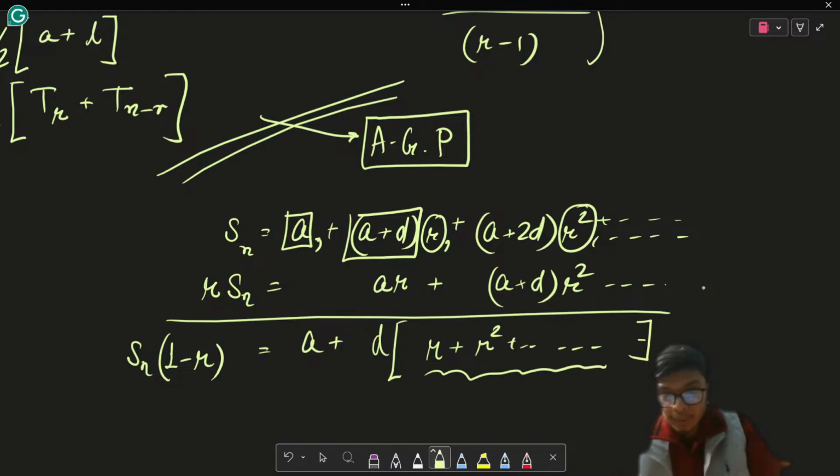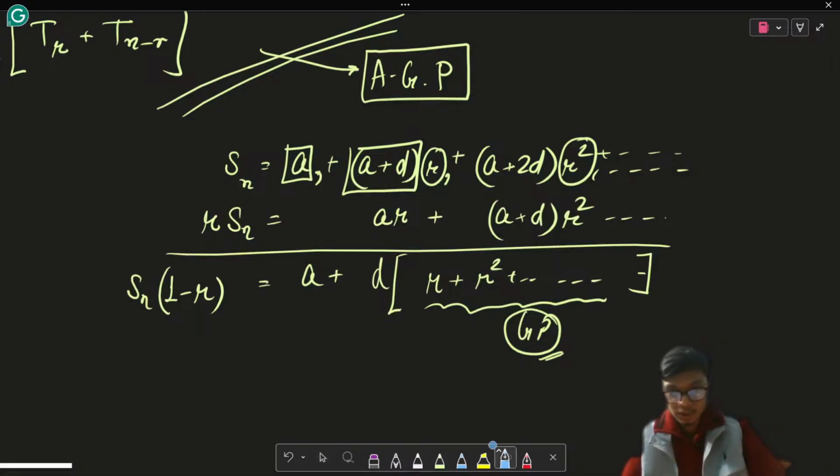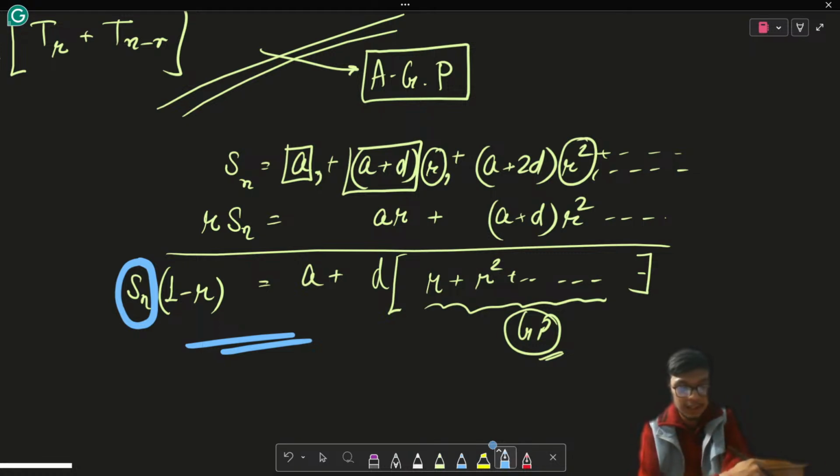So this is basically going to be a GP, which you can easily take out the sum of, and from here you can easily solve for this particular result, that is S of n, right? So from this result you can solve for any arithmetic geometric progression, right? And generally if you take it to infinity, then the sum of this result is basically